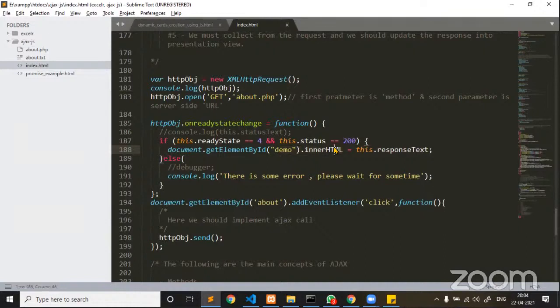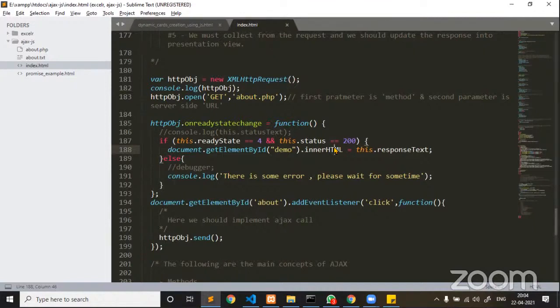Now this has a lot of meaning, my dear friends. The ultimate goal of implementing an Ajax call is sending a request from client side to a server, expecting the response, collecting the response, and updating the response into the client. This is the main motto of Ajax.